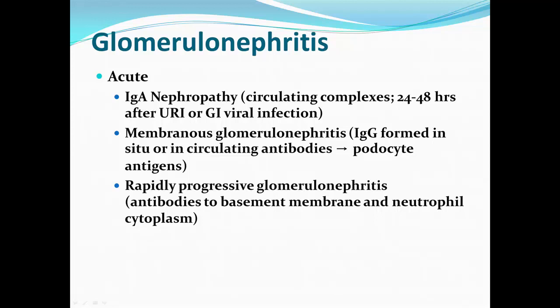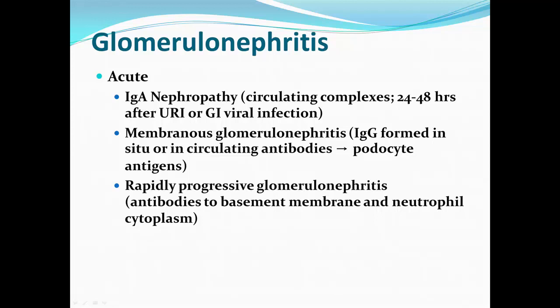You rarely see RPG, or rapidly progressive glomerulonephritis, in a child or a young adult, generally in someone who's older. But when this rapidly progressive nephritis occurs, you have IgG deposits along that basement membrane, and that